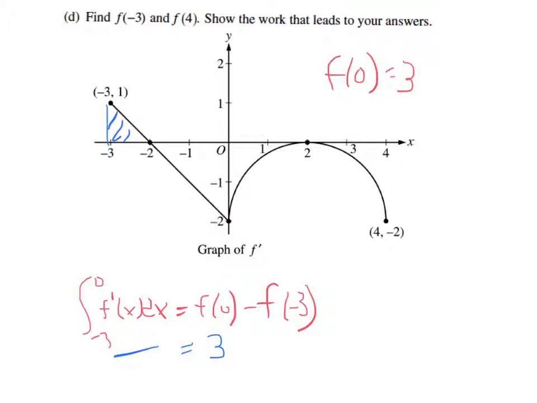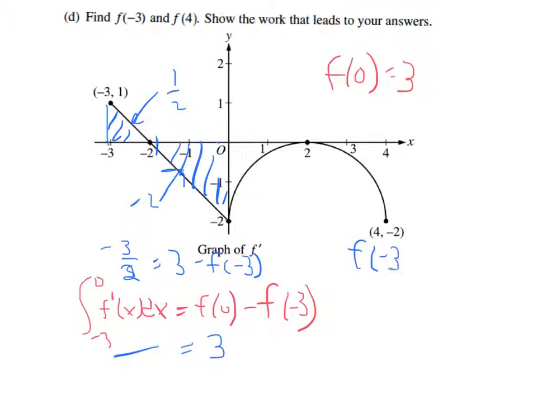What that's going to equal is the net area change. So it's this integral right here, from -3 to 0. This area here is a half, and this area here is -2. So the integral from -3 to 0 is going to be 1/2 minus 2, which is equal to -3/2. So -3/2 is equal to 3 minus f of -3. And if you rearrange this, you find that f of -3 is equal to 3 plus 3/2, which is 4.5